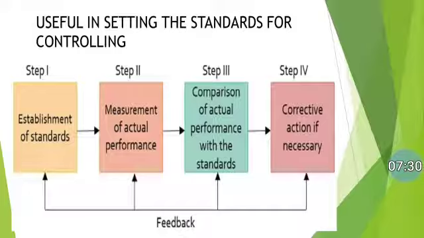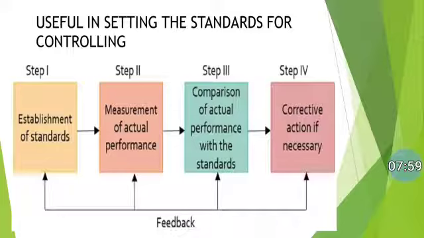Step 2 shows measurement of actual performance. Here, what actual productivity or outcome is coming is measured. Establishment of standard is one thing, which is estimated, and here actual performance, what actual outcome is coming from that organization. Step 3 shows